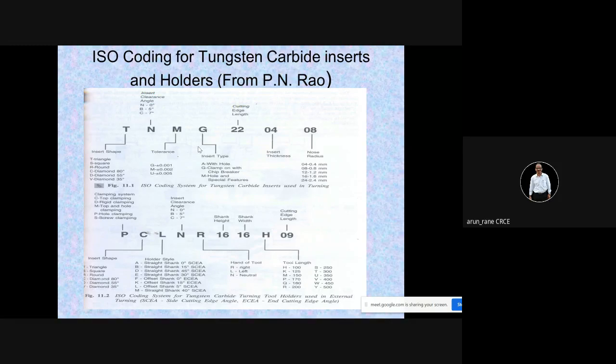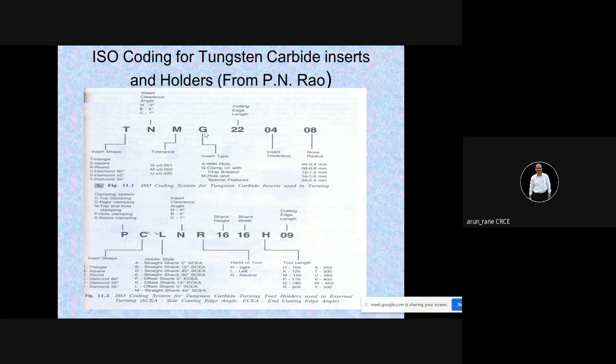If it is qualified, then what will be the sizes of the inserts? If it is 4 mm and the tolerance is say G, then it will be 4.001 or it will be 3.999. Imagine now 4.001. That doesn't make a difference. So you can say that tool offset is almost the same. So there is no need of taking tool offset if it is a qualified insert.